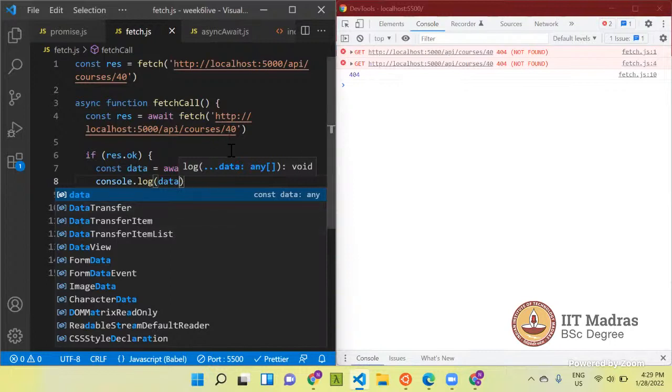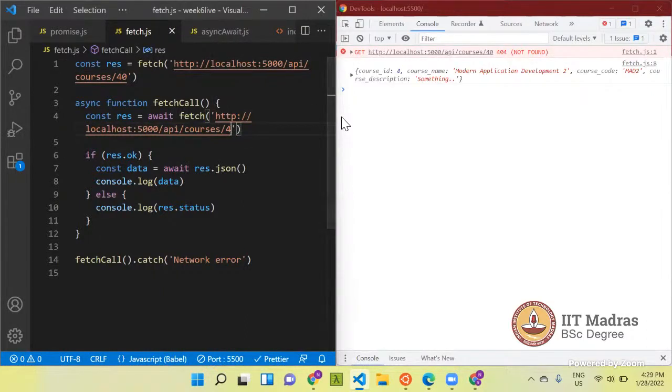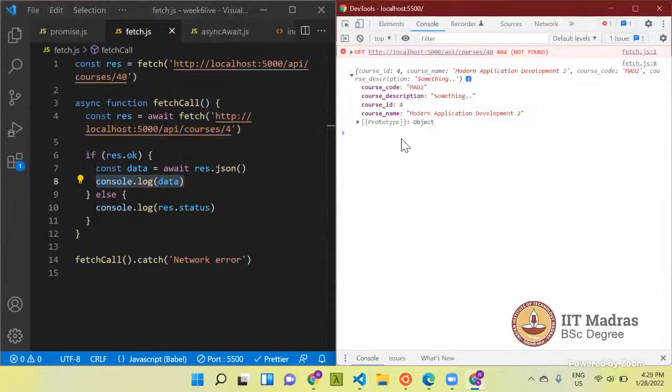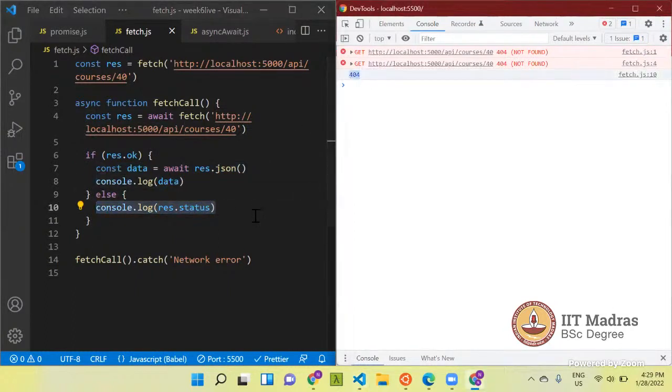Let me change it to 4. If we change it to 4, this console.log data will print the whole JavaScript object. And if you change it to 40, this will not be triggered and the other will be triggered, so it will just print 404.